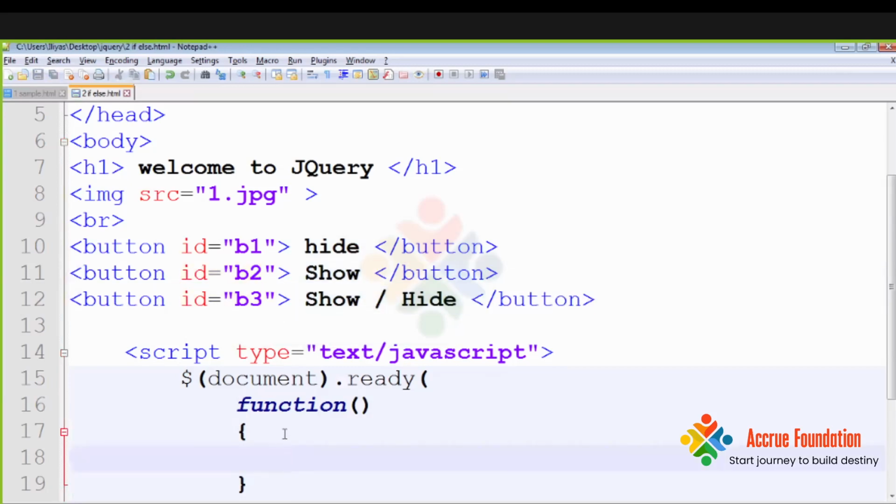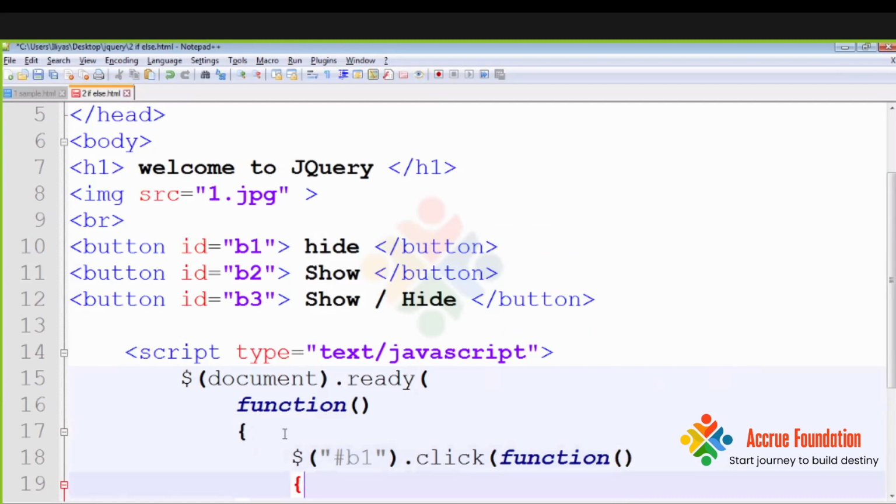Okay, and here I have to write the function. You have to use the dollar symbol. Make sure this is mandatory in jQuery, and here you have to mention the ID B1. Means whenever you click this ID, the function should be generated, and this function will do some process. So here I'm writing the img tag, because we have only one image, and this image should be hidden. This is the hide function we are using. Okay, let's close this part.